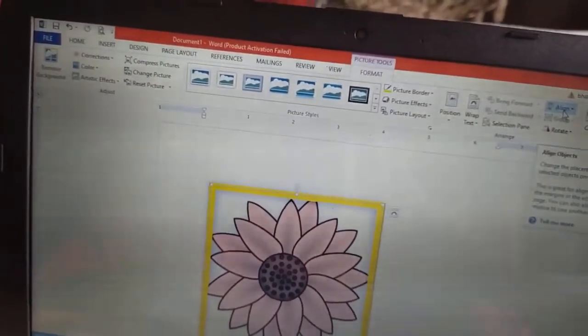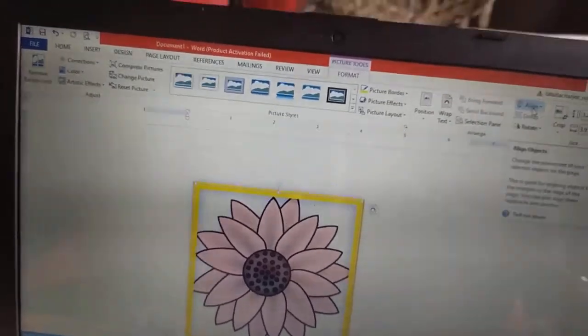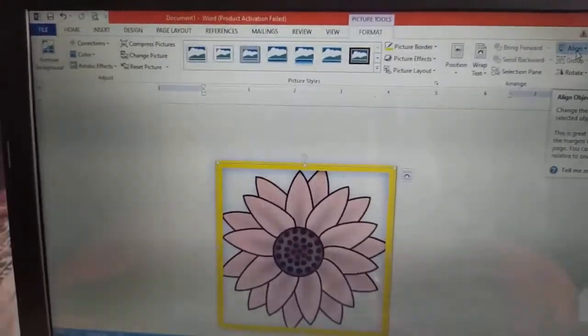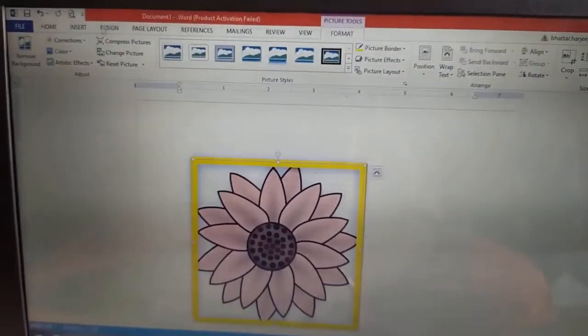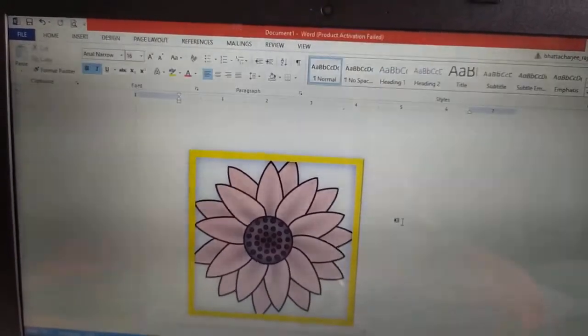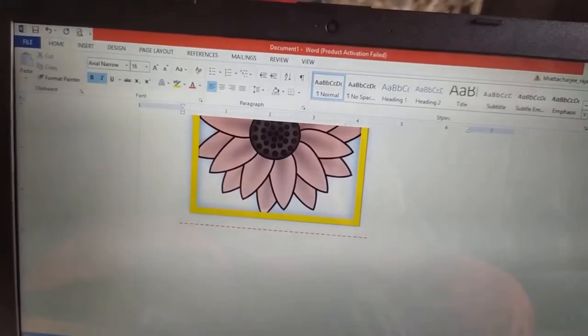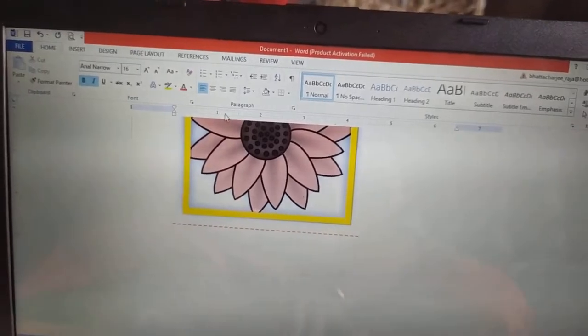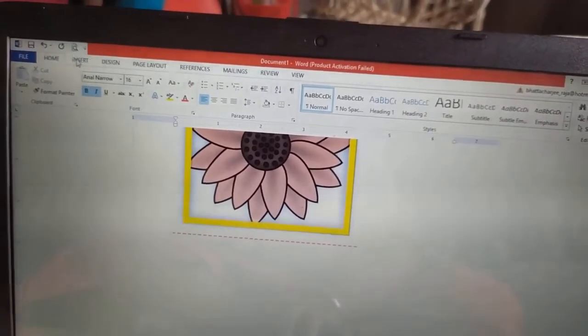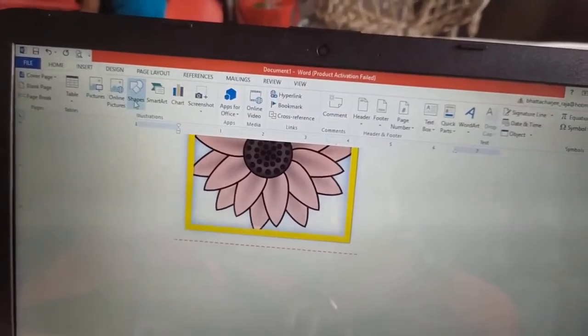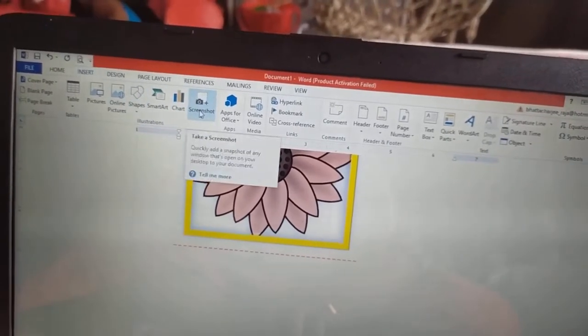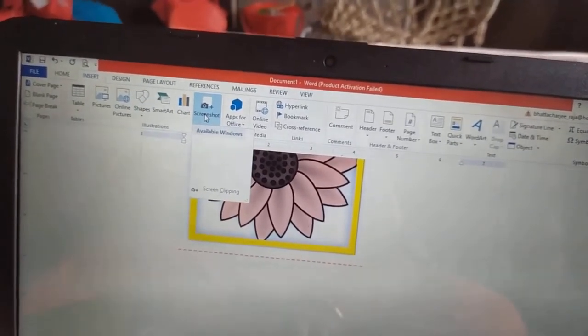Now, let us talk about how to insert a screenshot. Go to the Insert tab. Over here you can see the Screenshot option is there. Click on it.